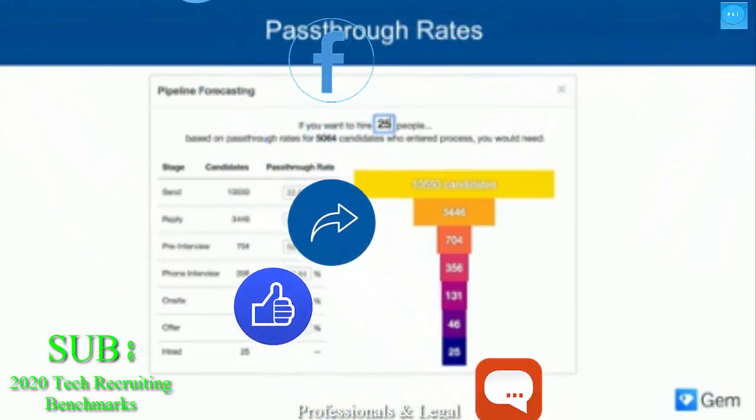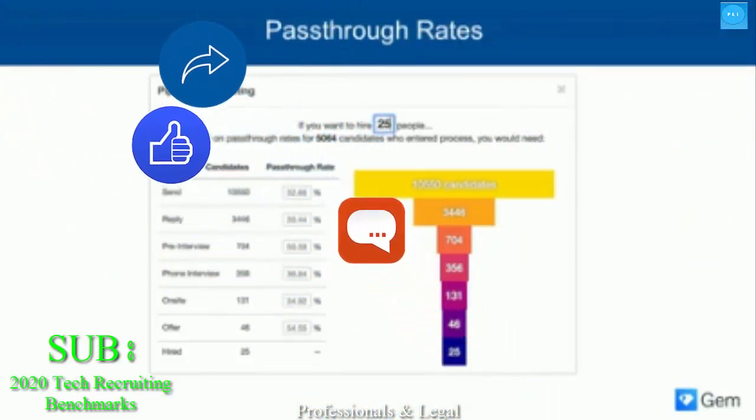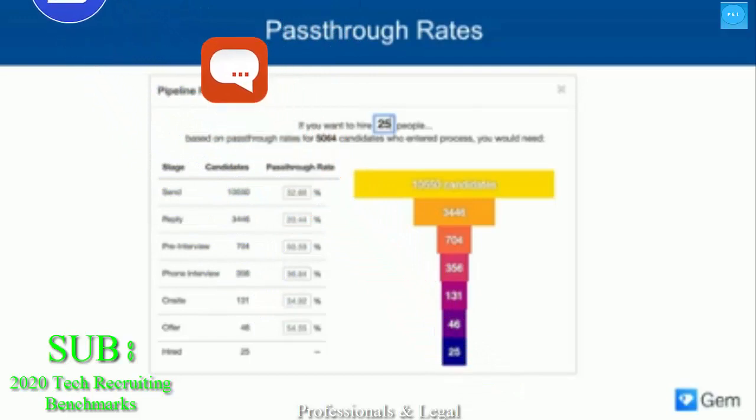With GEM, you can use the data about your funnel to predict outcomes of roles. So now you can answer questions like, how many candidates will we need at each stage of the funnel in order to hire 5 product managers based on historic conversion rates? Here's a screenshot of what it looks like in our product. We could see that if we keep pass-through rates the same as they've been in the past, we'd have to reach out to 10,000 people to hit our goal of 25 hires this quarter.